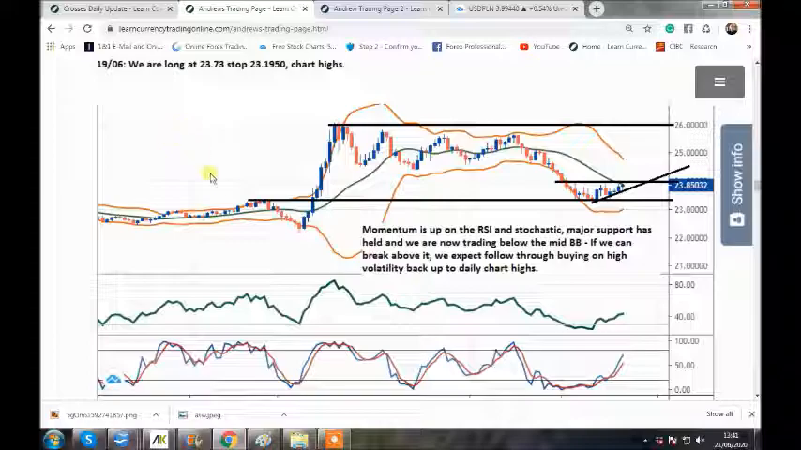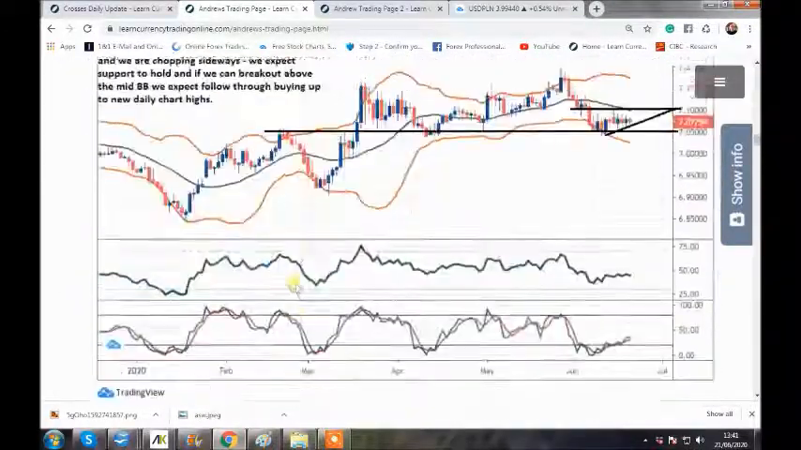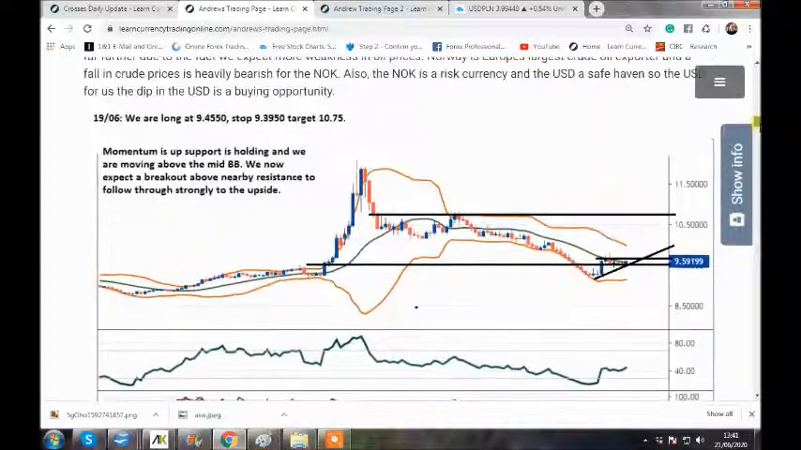I need to go and look at USD NOK now. Let's find it. Okay, so USD NOK should be here. Sorry, let me line my chart up. In terms of USD NOK,